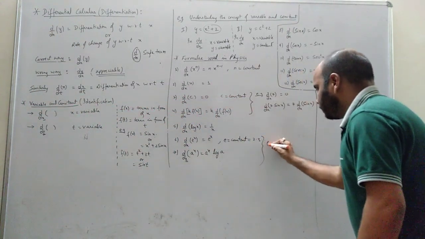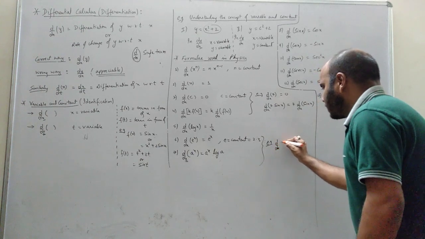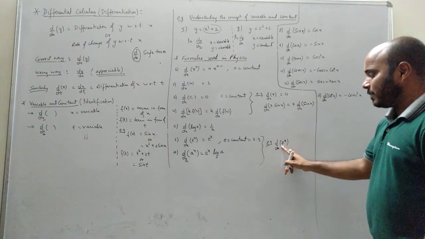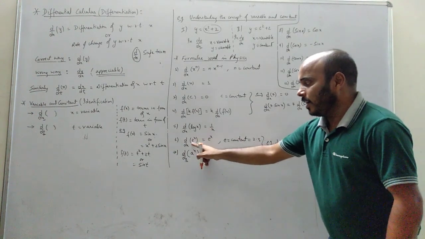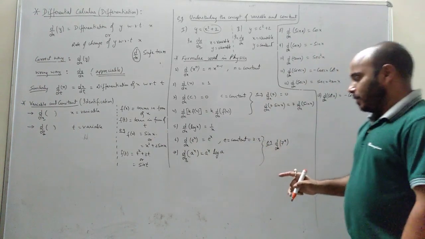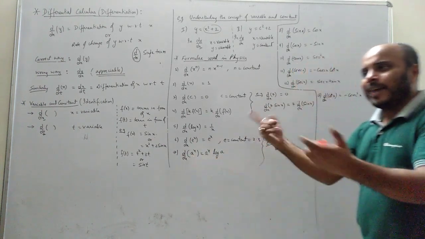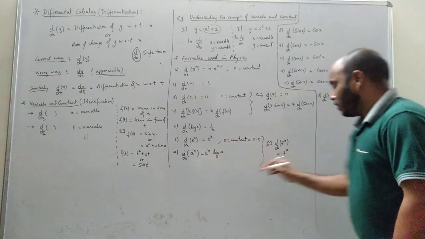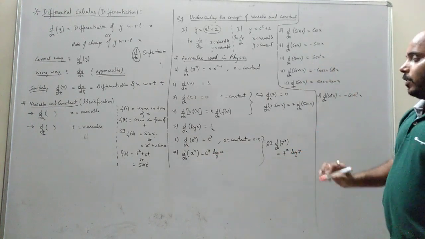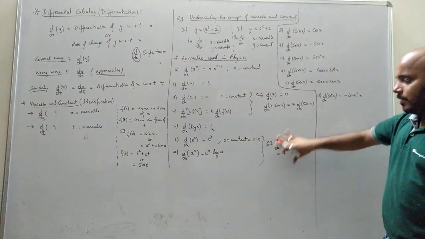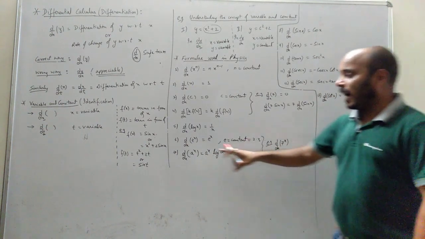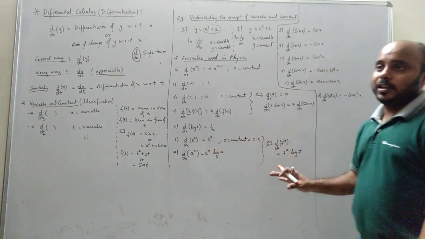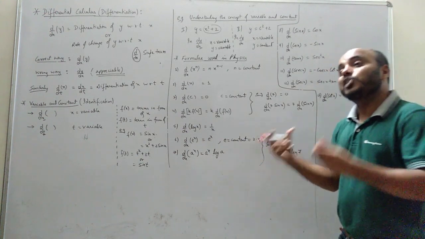Let's take an example. If I write d/dx of 7 to the power x, 7 is not e. Okay, 7 is a constant. That means this formula belongs to this one. But e will be written as e only in the questions, whereas here a can take any values, 1, 2, 3. So what will it become? a to the power x log a. Okay. So beside these formulas you can write this so that you don't get confused. You got the idea? e to the power x is e to the power x, but a to the power x is a to the power x log a, where a is also a constant, but that value can change.